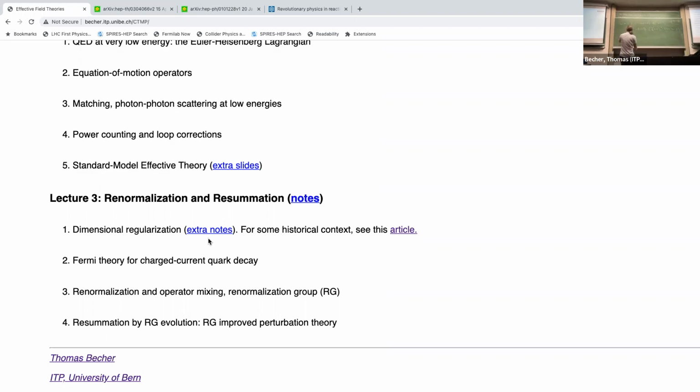So the propagator is always the inverse of the quadratic piece in the Lagrangian. So it's psi bar i D slash psi. So it's actually 1 over p slash minus m. This is the fermion propagator, and of course you can write it in the usual form. One can write it as p slash plus m over p squared minus m squared by multiplying with p slash plus m on both sides. So there is this denominator, but there's also a numerator.